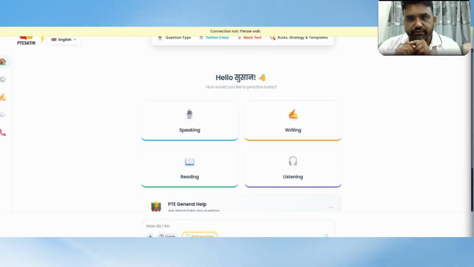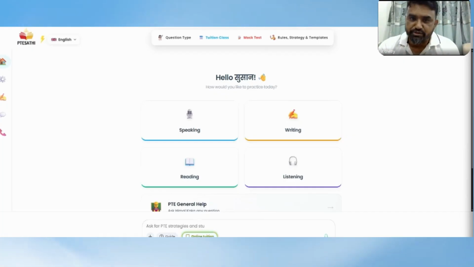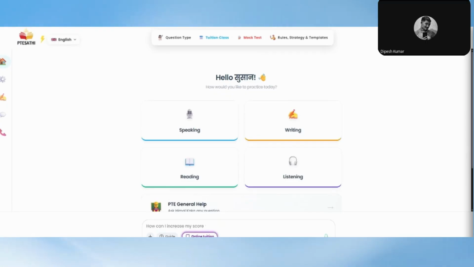Having said this, even in a respond to a situation question where you have to speak with a friend, if the situation demands you to speak with a friend, you can use gonna and wanna. But if the situation, that was going to be my next question, because I used some other website, and in some questions it was flagged in red saying don't use gonna, and in some questions it was